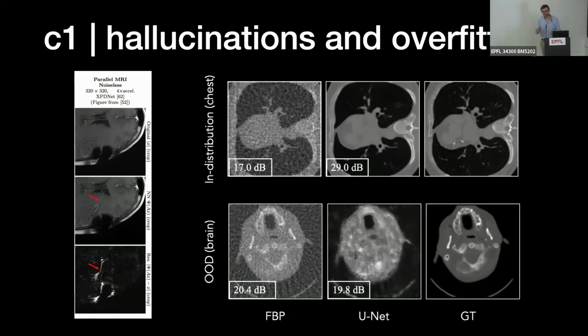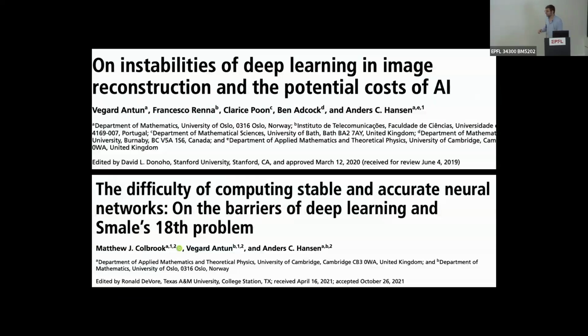Performance deteriorates a lot. And the reason is that this network simply wants to see the chest, so to speak. So how can we fix that? In particular, another person who gave a talk here, I think some 4 or 5 years ago, Anders Hansen, proved theorems. It's a fact that if you do things a certain way, then you cannot avoid this. This will happen even for samples that are in your training distribution, in the distribution of the data that you want to work with.